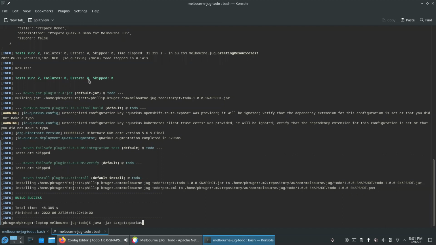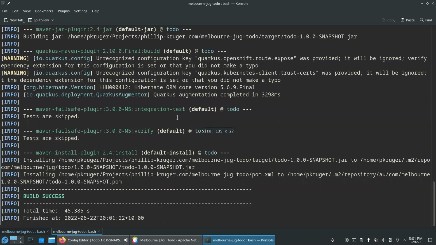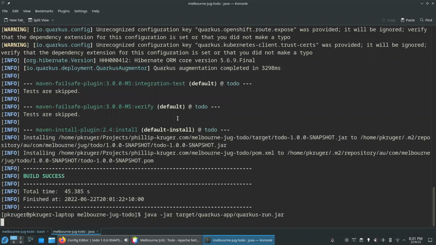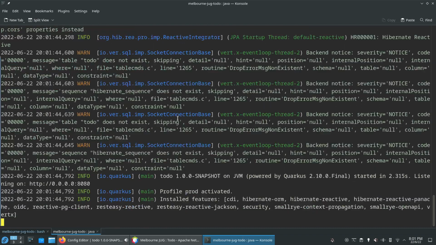So target Quarkus app. Oh, let me zoom, sorry. You can't see there, can you? Quarkus app and then Quarkus run. Now, keep in mind that we kept the creation of the test data in so that we have test data to show. But we started up now in,